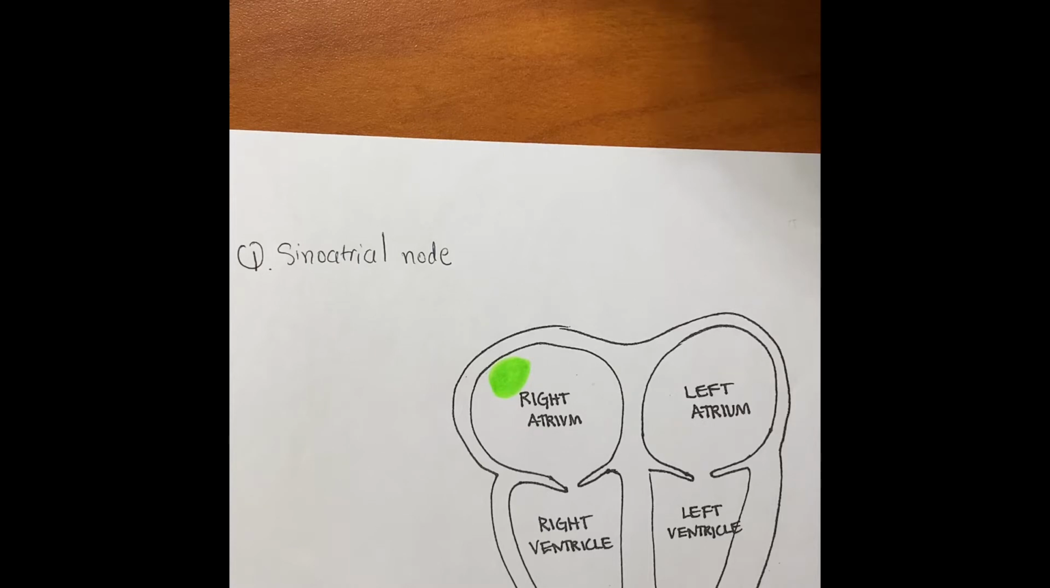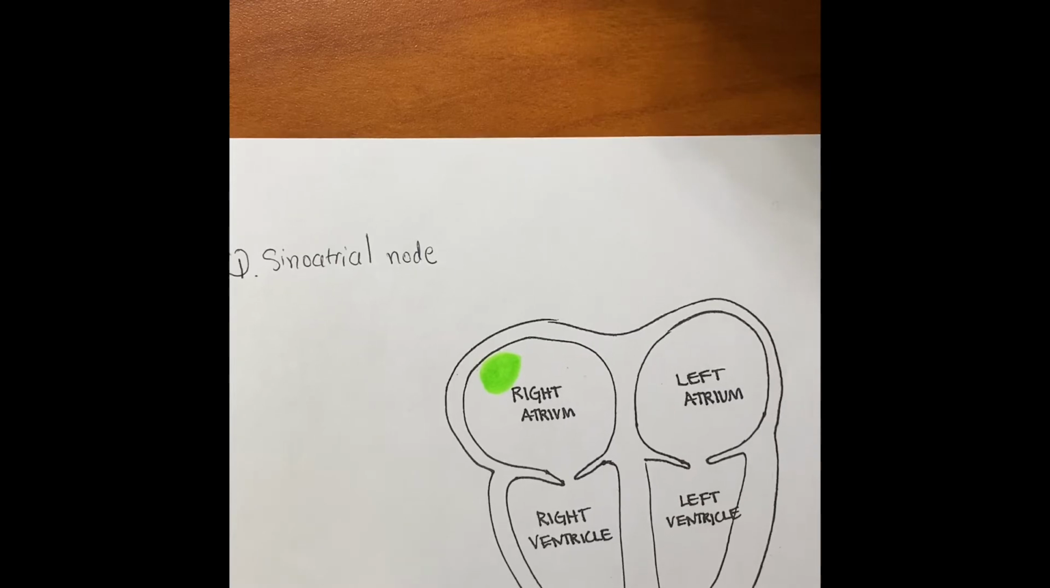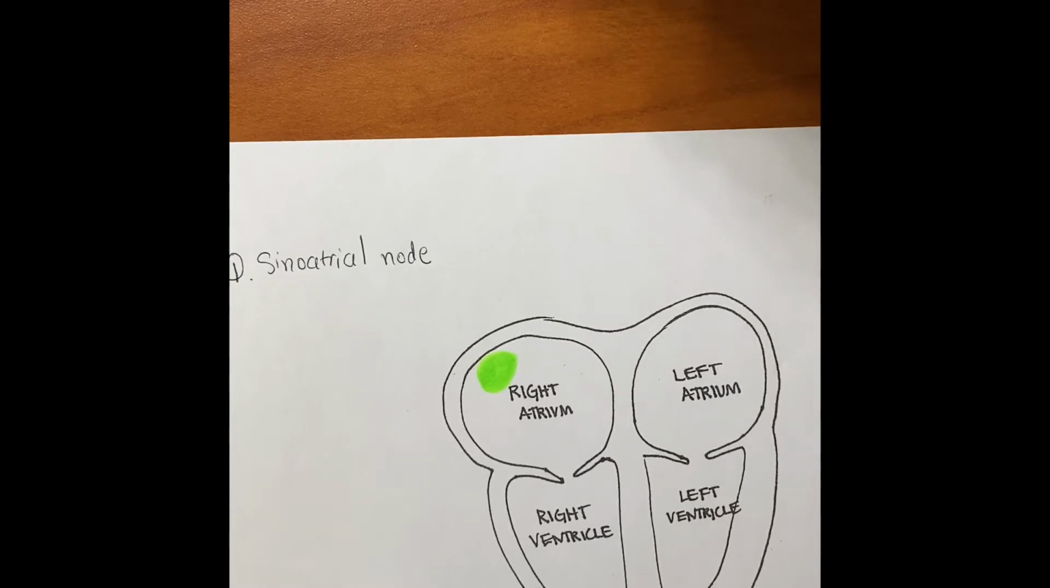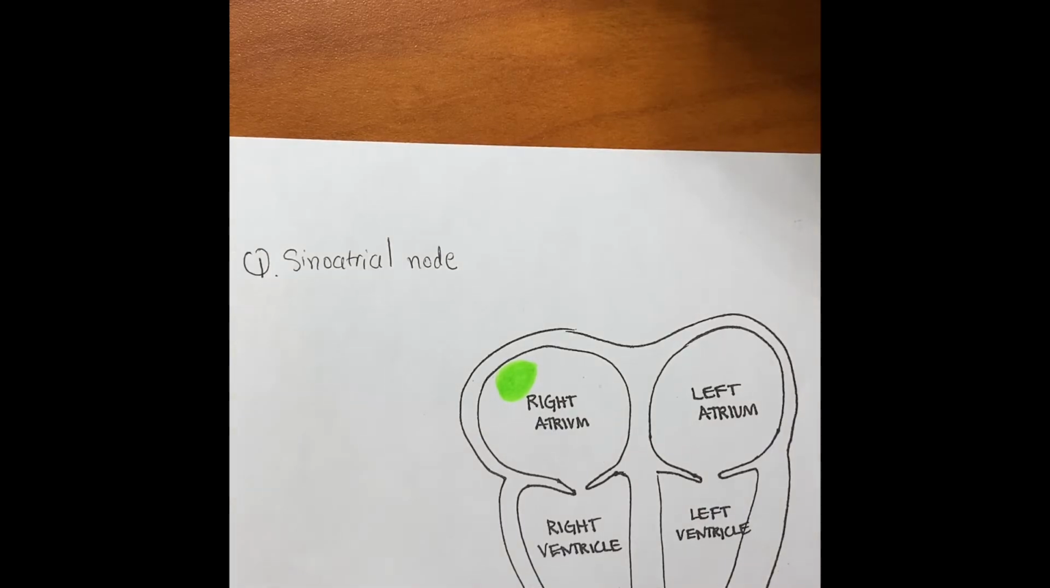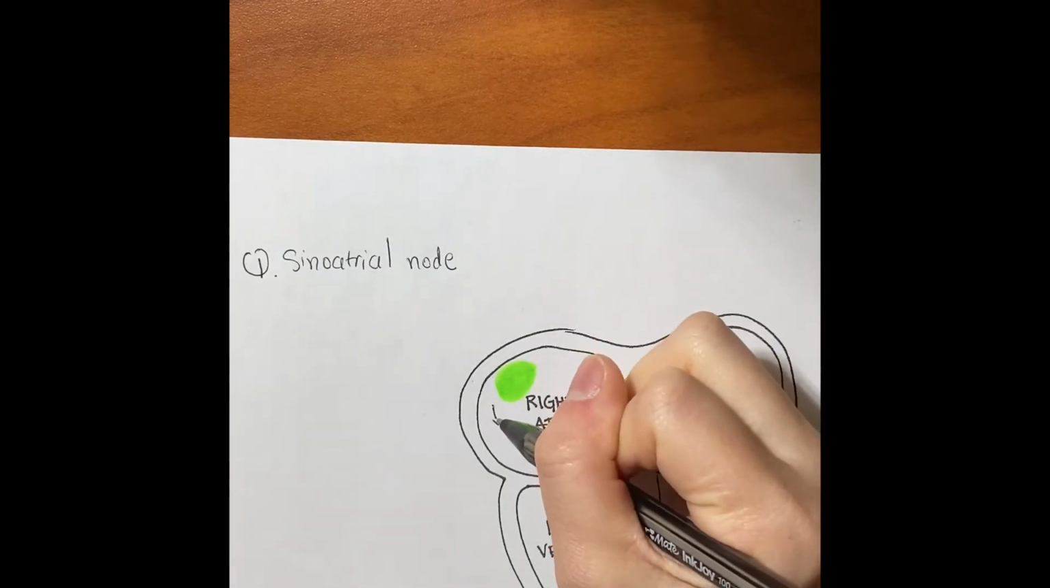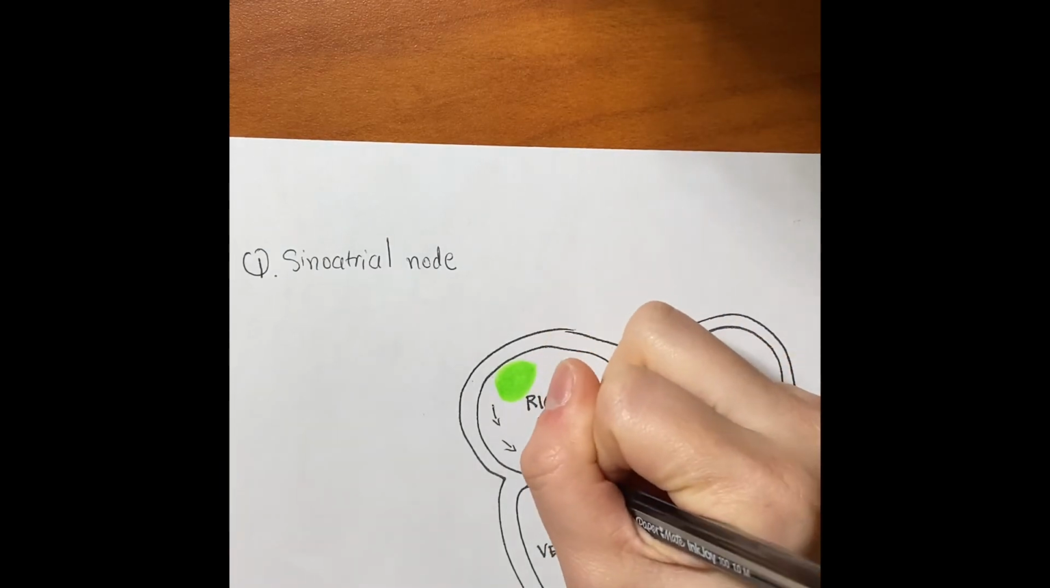The sinoatrial node is autorhythmic. What that means is that they can generate an action potential on their own without a nervous input. These cells send an action potential all around the right atrium